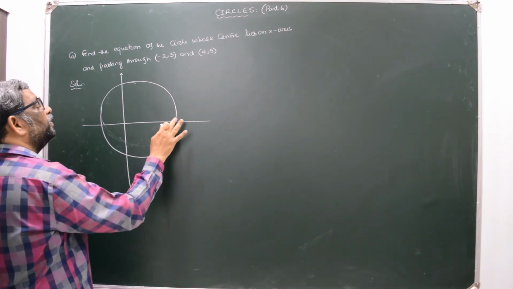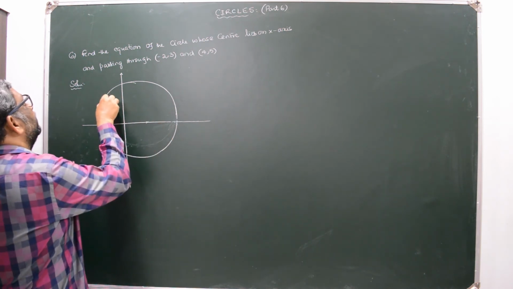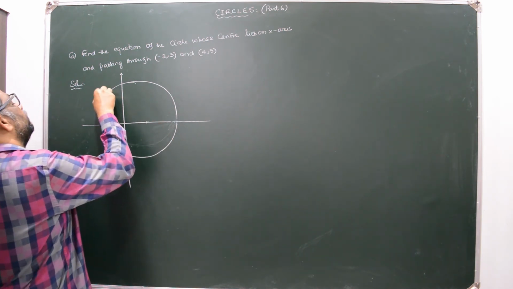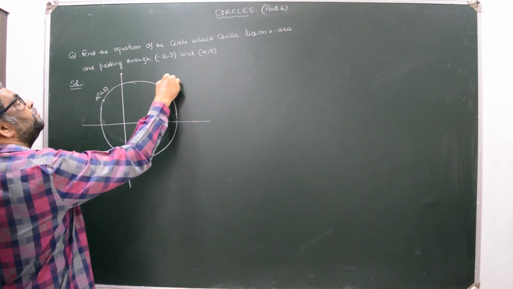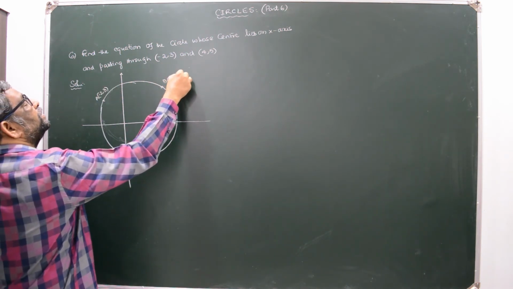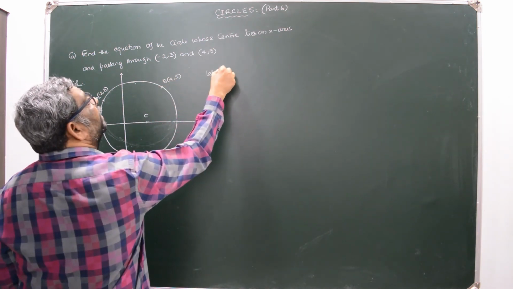So it will be like this. For example, this is the center, this is the point A minus 2 comma 3, and this is the point B 4 comma 5, and this is the center. Let the circle be